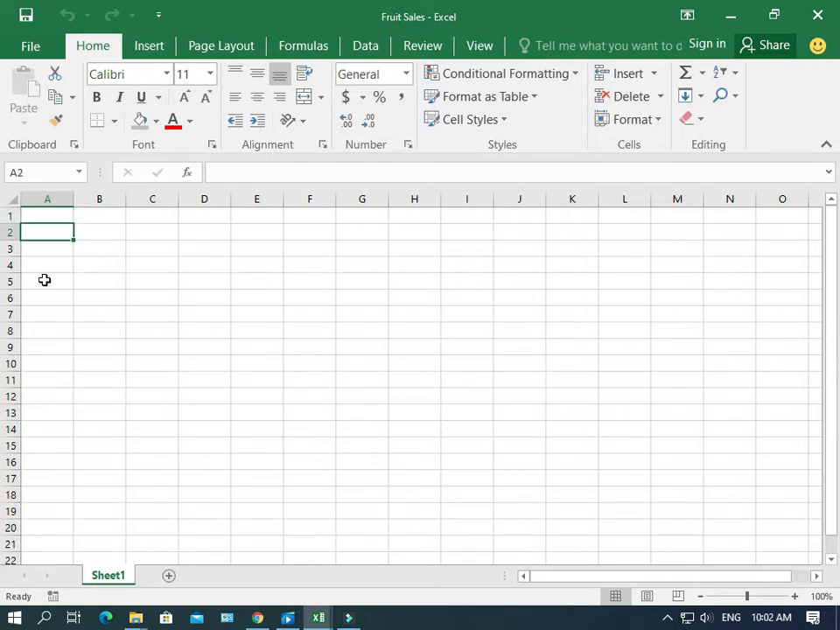I want you to go to cell A4 and type the word apples, and then we'll push enter to take us to A5. Oranges, enter. Pears, enter. Bananas, and finally nectarines. Okay, that's looking good. Now our nectarines is a little bit wide, so we're going to double click up here